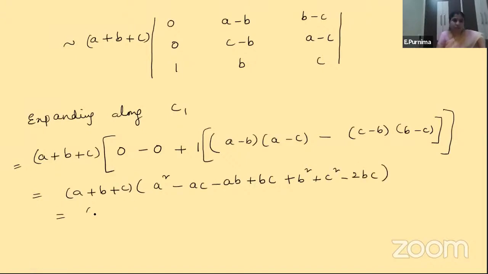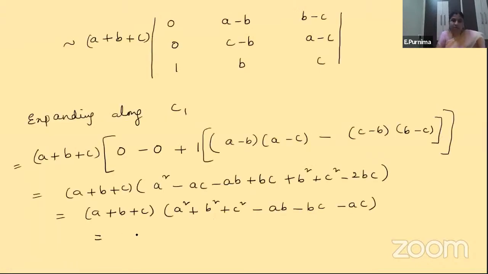Nothing. So here it is A plus B plus C into A square plus B square plus C square, here minus AB, minus 2BC plus BC is nothing but minus BC, minus AC. Is it clear? Now as I said you the formula, the laws of exponents which you learned in lower class, children. So this is nothing but A cube plus B cube plus C cube minus 3ABC. You can write it directly, children. Otherwise if you have any confusion you can multiply each term, and after some cancellations we will be left with A cube plus B cube plus C cube minus 3ABC. Is it clear? So this is your solution.